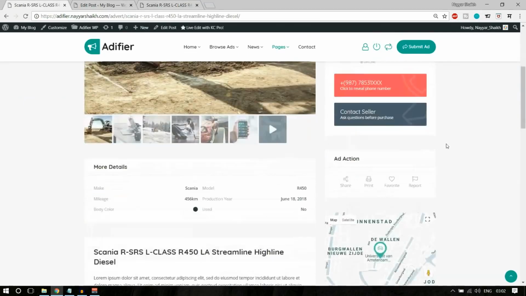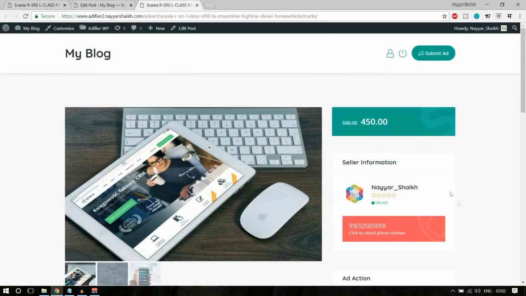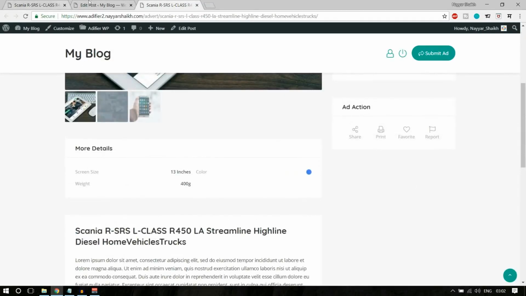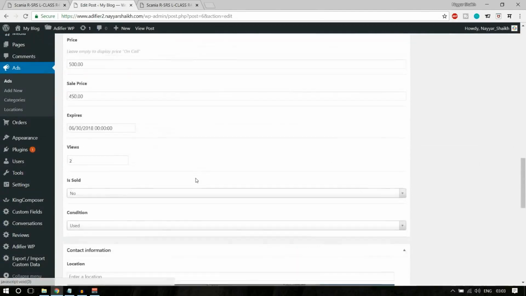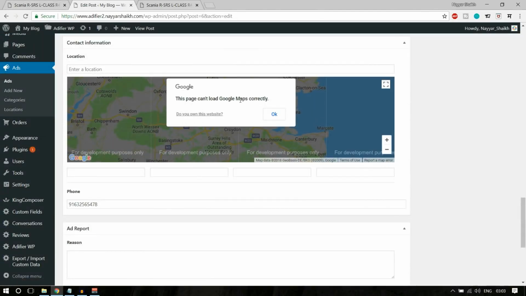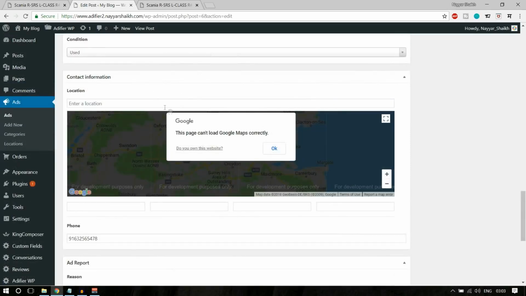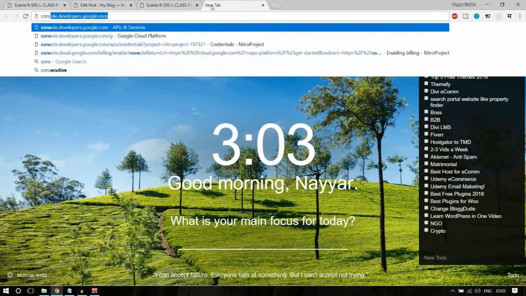Now if you see over here, we have this map, but here we don't have this map. Our map is not working. It says this page can't load Google Maps correctly, because we need something called the Google Maps API for this. So what you can do, you can open a new tab and type in